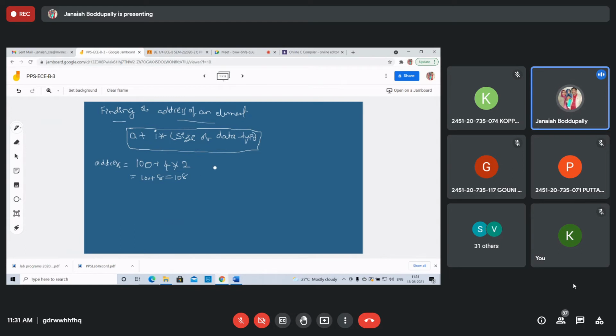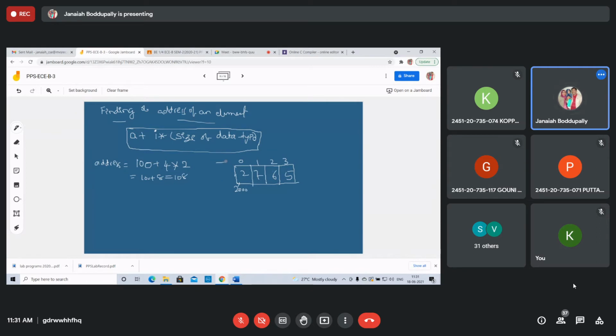If I give one more example: suppose the address of the first element is 2000, and the elements are 2, 7, 6, 5. There are 4 elements, index 0, 1, 2, 3.